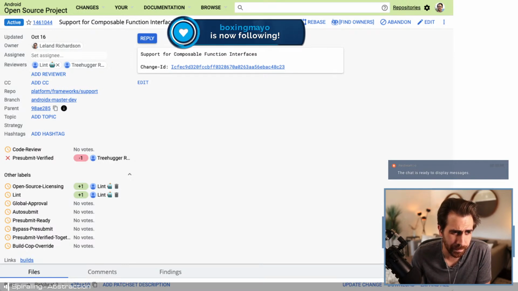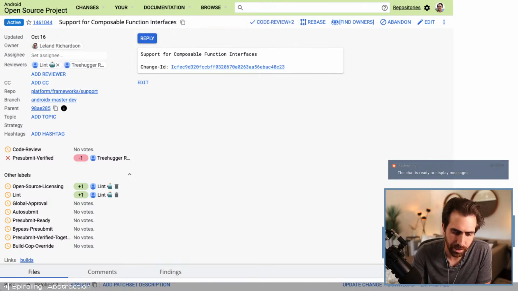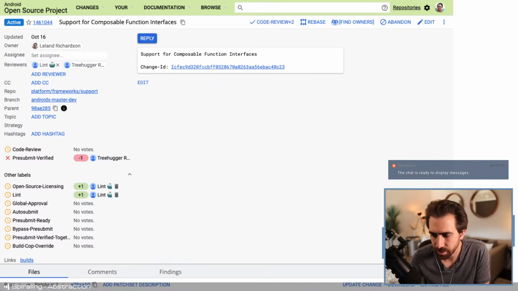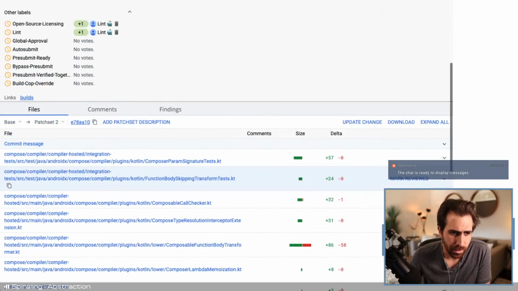So far, we haven't really provided support for this if the single abstract method is a composable function. Due to various things, it ends up kind of breaking in this case. So we explored fixing this,